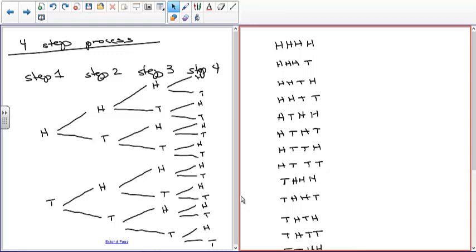Now, this is something a little ahead of what we'll do, but what's the probability of flipping a coin 4 times and getting all heads? The answer would be 1 divided by 16, because out of these 16 different possibilities, there's only one case that is all heads. So the probability would be 1 over 16, or whatever the decimal equivalent to that is.